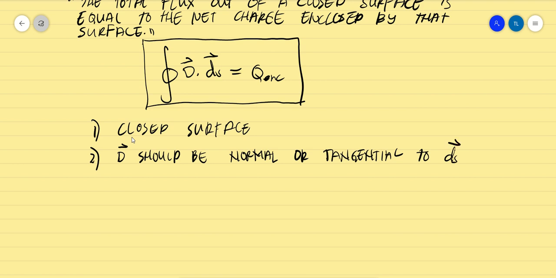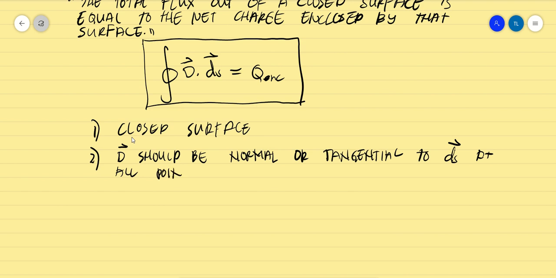We know that this surface area is a scalar quantity, but we can make it a vector quantity. We discussed this in chapter 1, that the surface area can be a vector, and the direction will be the perpendicular direction to the surface. And if it's normal or tangential at all points